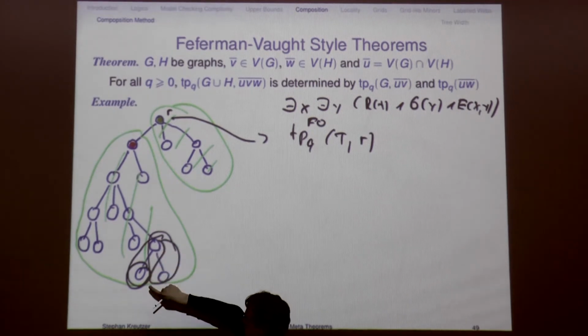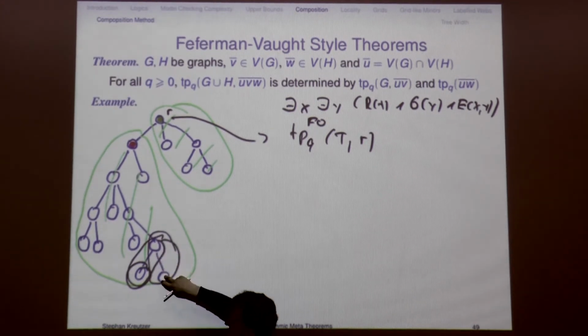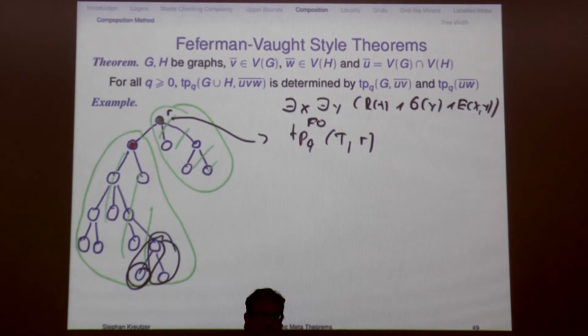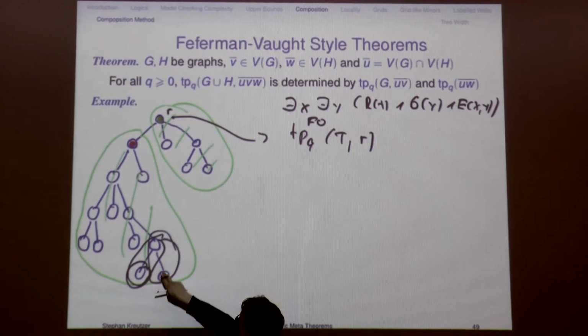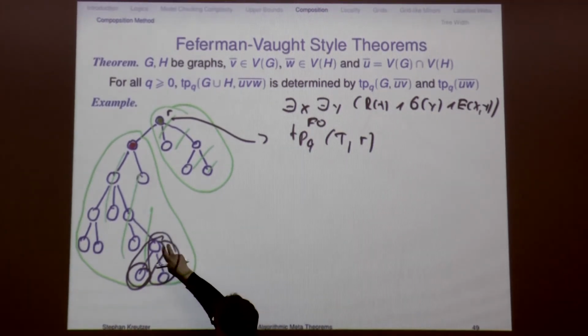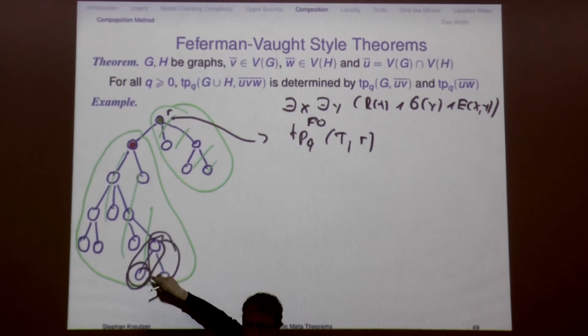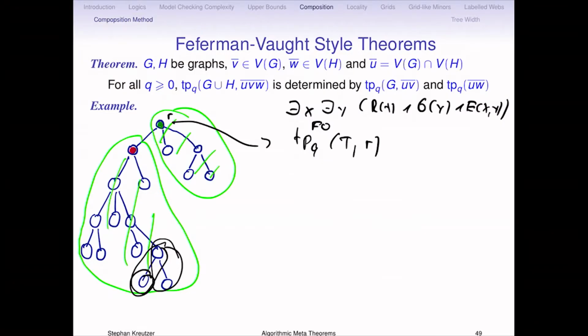You compute the type of this edge and you compute the type of this edge. There it's easy because there are only two vertices, it's not much to do. And then the theorem tells you can actually compute the type of this root in these two subgraphs. Yeah? Which means one application of the Feferman-Vaught theorem tells you the type of this vertex here in this subgraph. Yeah? And this you do everywhere. So let's say you do this for this subtree, and you do it here and here. No, there's a bit more. And then you combine further, right?